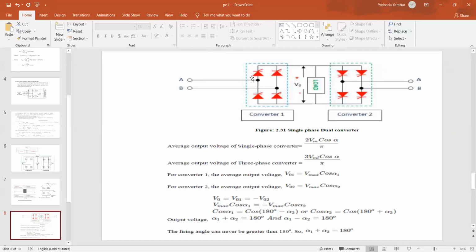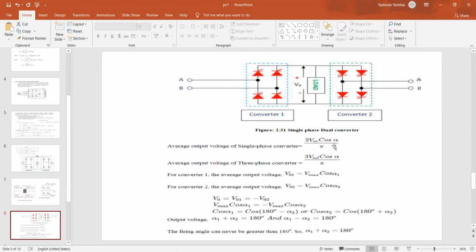So what is the explanation? Dual converter: converter 1 with alpha less than 90. If converter 1 is selected with alpha less than 90, it acts as the rectifier or converter. It transfers the power from source to load, and the motor rotates in one direction. In order to make the motor act as a generator, converter 2 is now on with firing angle greater than 90, so power is transferred from load to source. So converter 2 acts as the inverter.